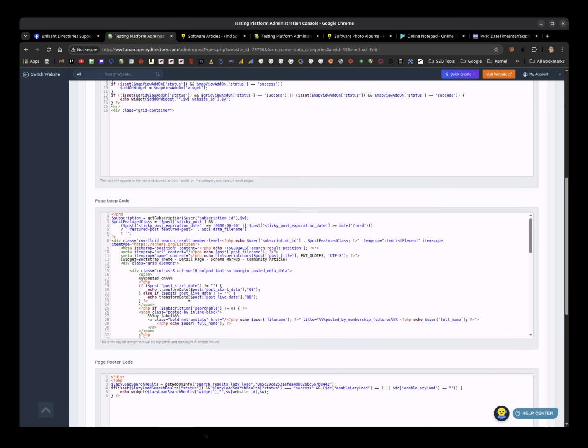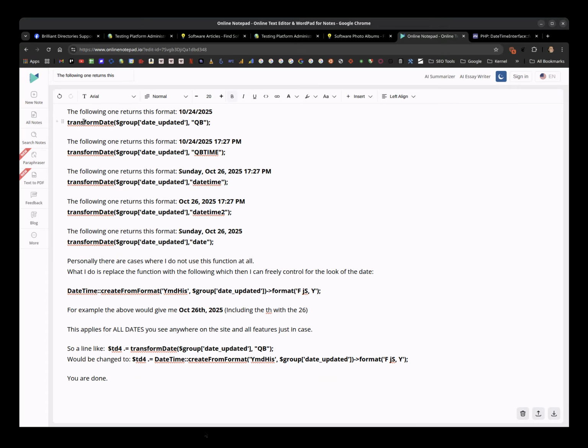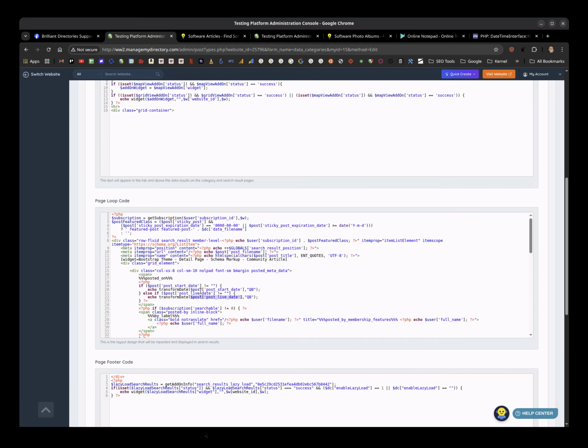Typically it's in the beginning. You can actually see it here. I know for a fact it's post live date because it's an article. If it were an event, it would be start date, for example. So here we want to change this, and as you can see, it's transform date, some variable, QB. We don't know the name of the variable, but it has QB after it, which is exactly what I just said here. In the examples that I give my developers, it's group date updated. In the example that we're seeing here, it's